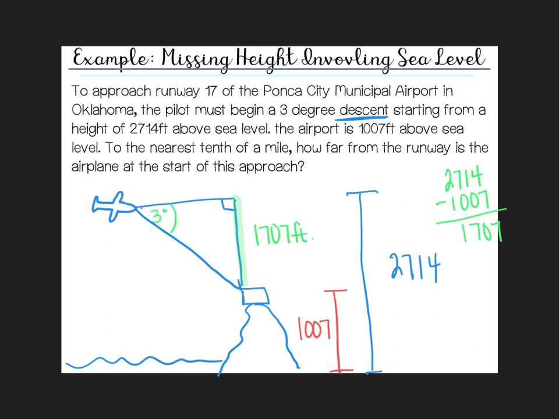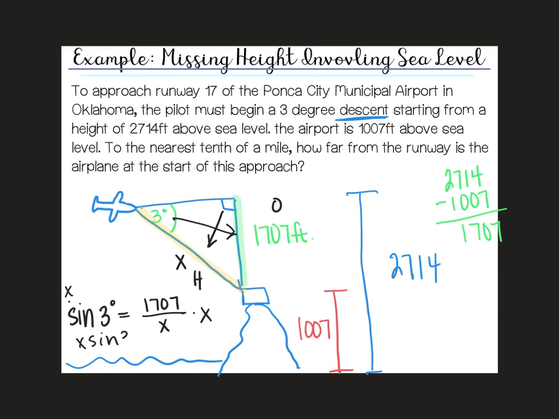And it says, to the nearest 1/10 of a mile, how far from the runway is the plane? Now, it doesn't say horizontal distance, it just says how far. So the closest path is this, my hypotenuse. So I'm going to label that x. Then I'm going to label opposite, hypotenuse. That means I'm using sine. So sine 3 equals opposite over hypotenuse. Multiply by x on both sides, x sine 3, these cancel, equals 1,007, divide by sine 3,